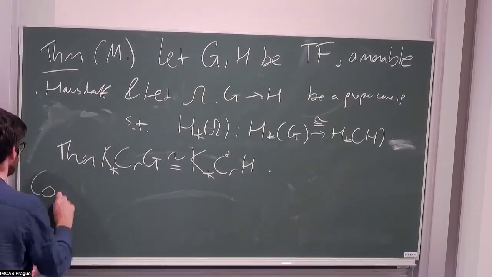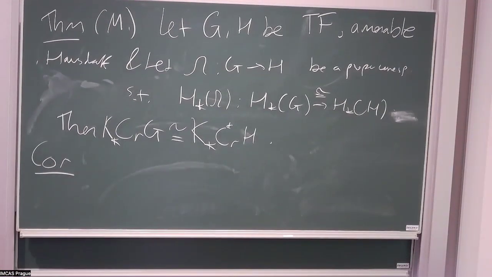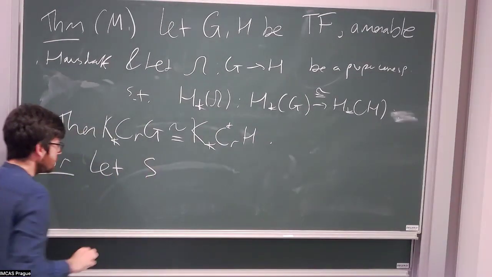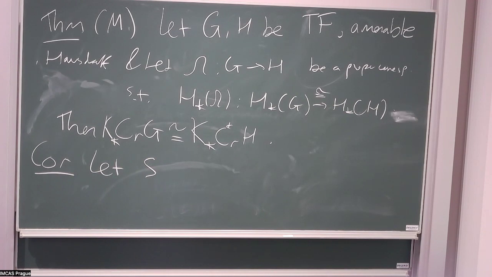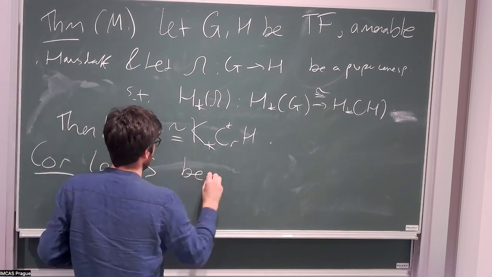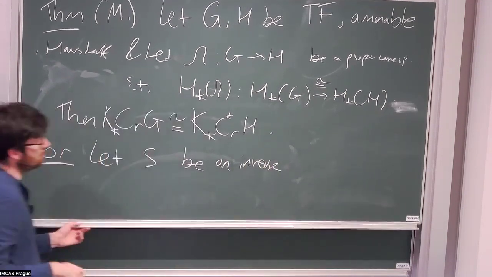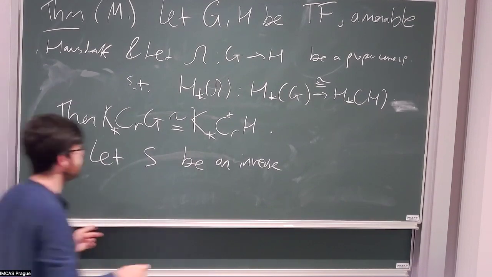So as a corollary, there's a particular kind of C-star algebra that we can now compute the K theory of, or reduce the computation. So this is built out of something called an inverse semigroup,